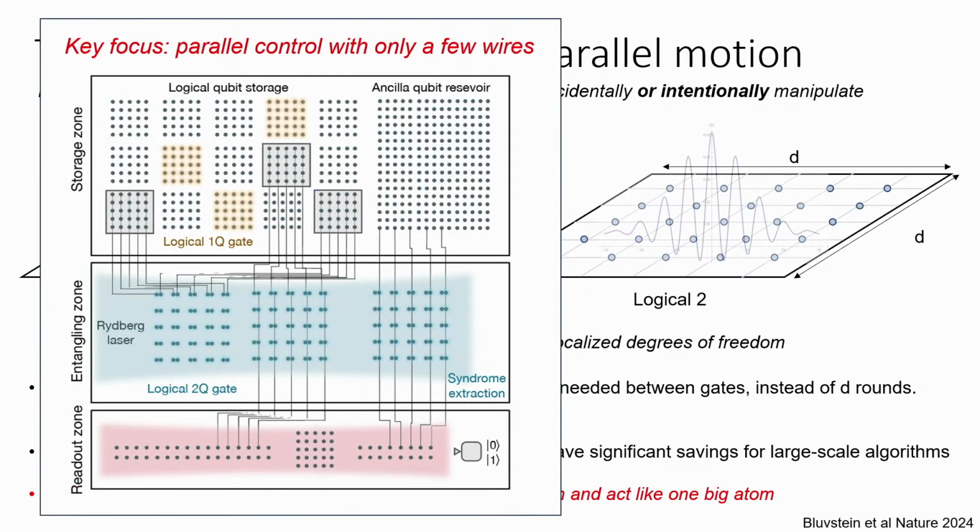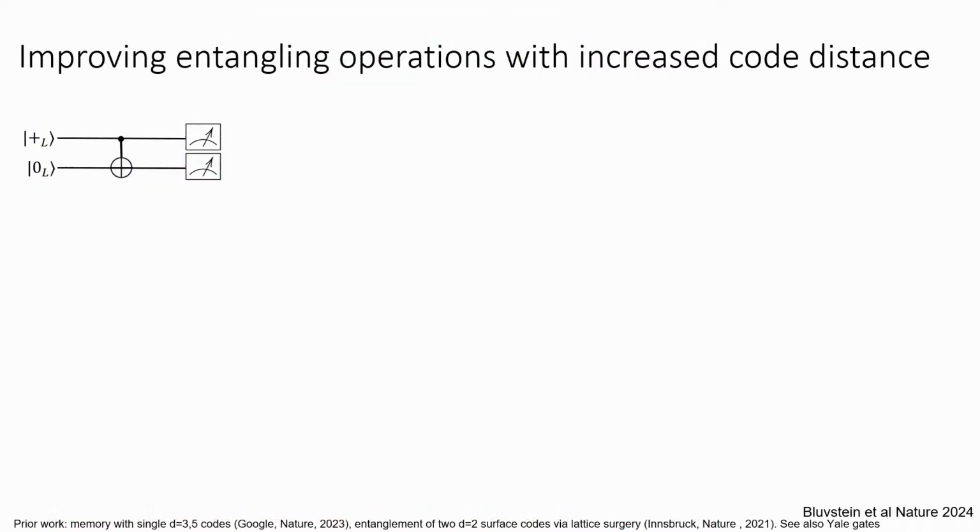So using these principles, in 2023, we developed this first generation logical processor where we have logical blocks stored in storage zones where we have long coherence times. When we want to entangle two qubits, we pick them up, move them into the entangling zone, interlace them, and entangle them with a single pulse of the laser beam. And then when we want to measure atoms, we can move them to a separate readout zone where we can measure separate atoms without disturbing the atoms that are still active in the computation. And we studied various things with this approach. So one, and I'll just briefly overview them.